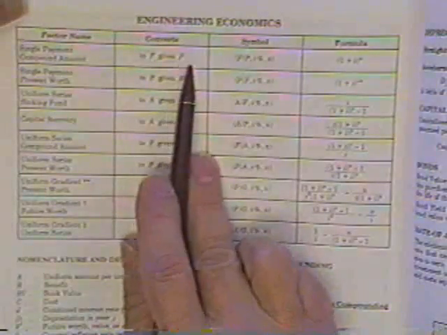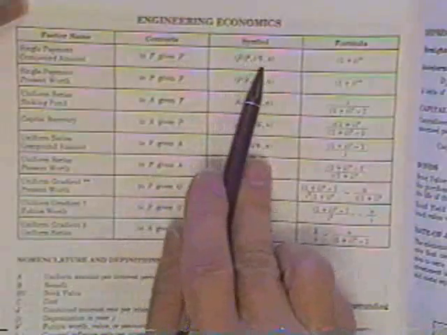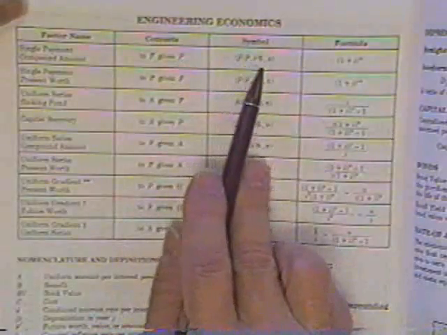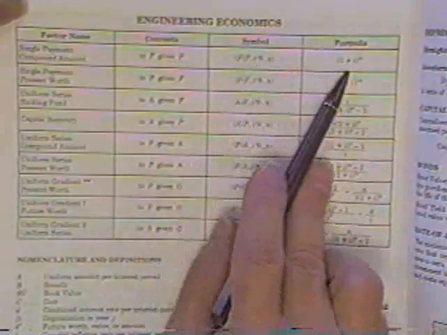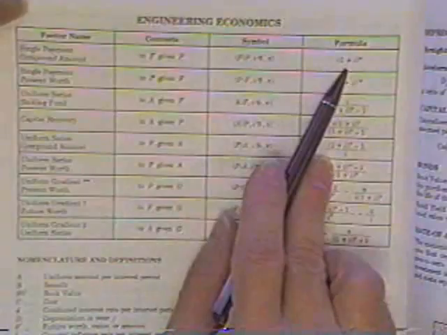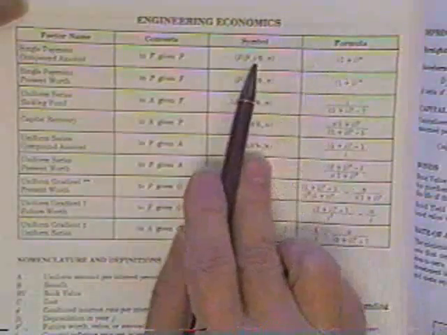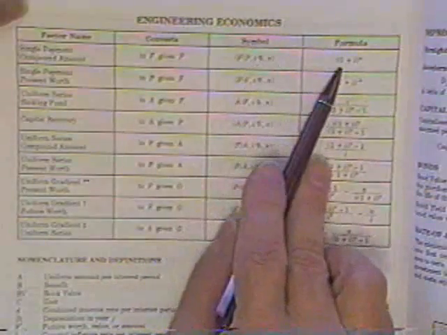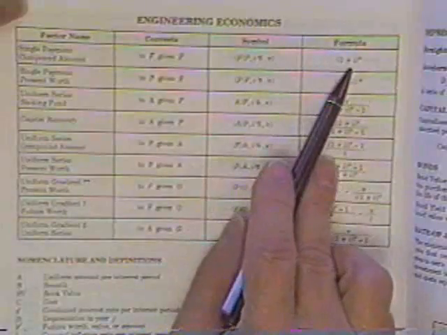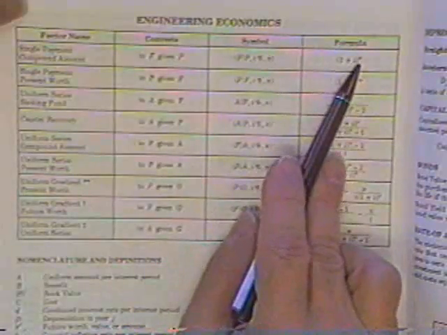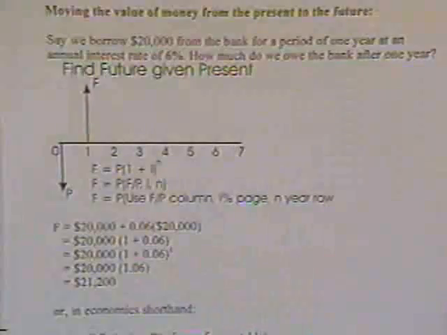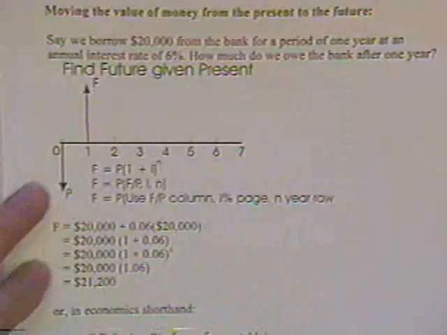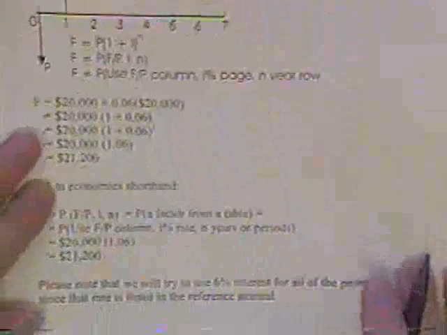You can multiply what you're given times this special symbol, F over P comma I comma N, which is found in the tables, or you can use the basic formula itself to solve for actually this number. In this case, it says take 1, add the interest rate to it, raise it to the n power, and that would also give you the factor to be multiplied by what you're given to turn it into what you want. So for our case,